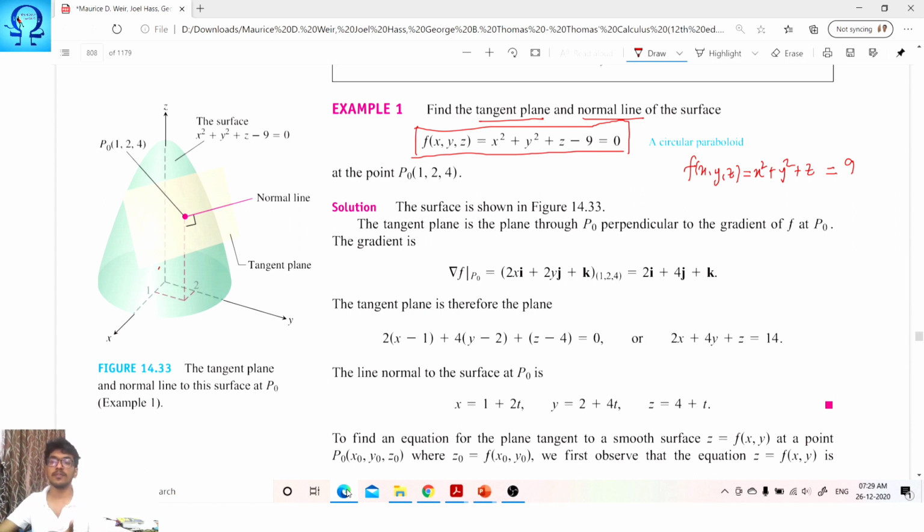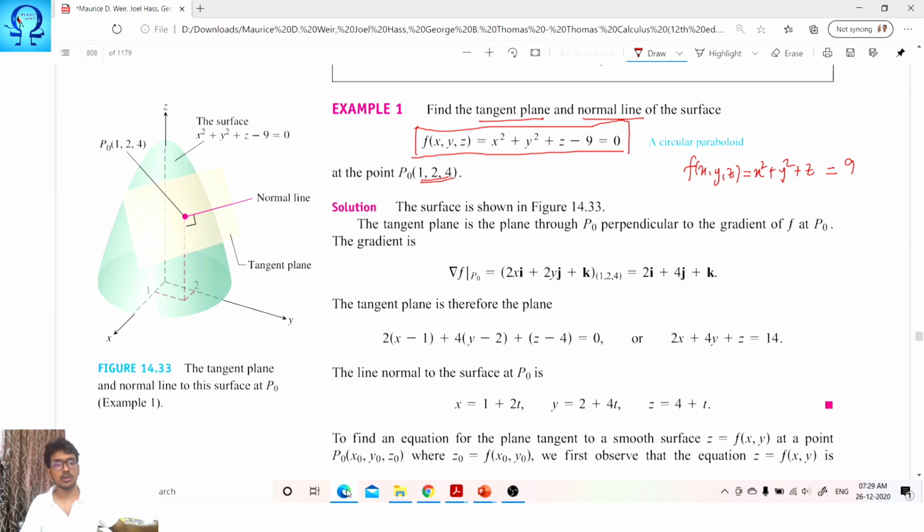I hope you know that we are not able to plot functions of three variables, because you take input from a three-dimensional space and you would have to plot the output in the fourth dimension. That is why only the inputs can be plotted. These are some basic ideas I told you in the beginning of the course itself. Now if you plot your surface, you can see this very well, and we are asked to find the tangent plane at the point 1, 2, 4. Approximately, this is the point.